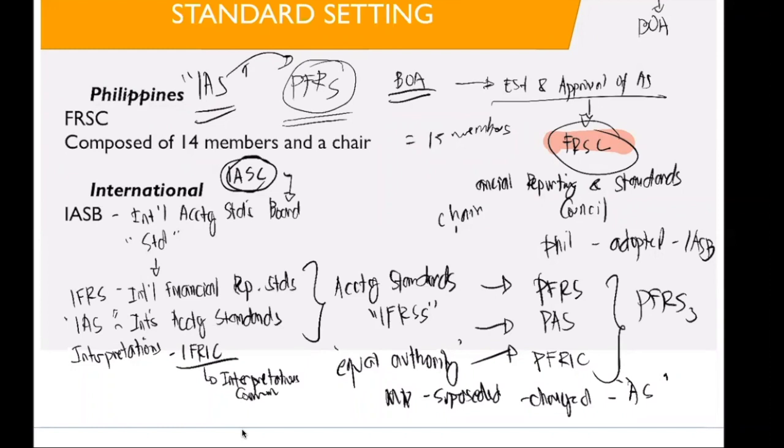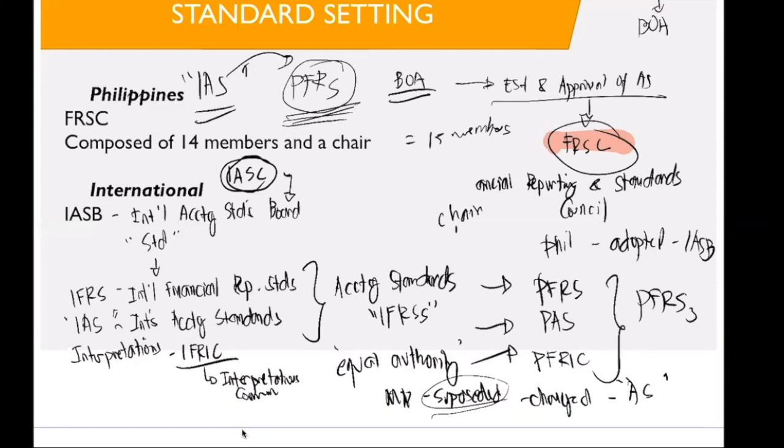But in case you are wondering why some numbers are not present, that is because they are already superseded due to the fact that we are now inclined to move to PFRS. Because some accounting measurements and recognitions under IAS are not applicable as of this date. So we need to change our standards from time to time. Okay. So again,